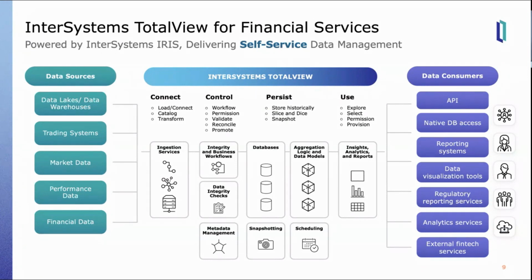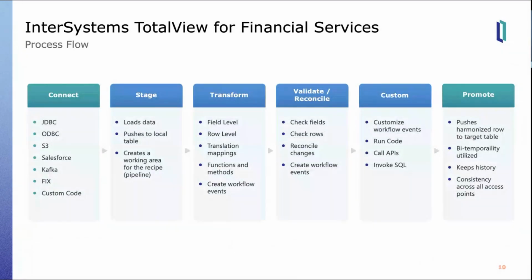So if you look at it, what we have tried to do, which has always been the hallmark, is speed to value, where we can provide you a service where you can start delivering the outcomes without having to spend the next 6 months to 1 year first bringing all these capabilities together, or weaving a fabric, and then start delivering the outcomes. And if you look at the journey of the data as it goes through the TotalView platform, obviously it's the connectivity mechanism, and there are different ones, this is just a partial list.